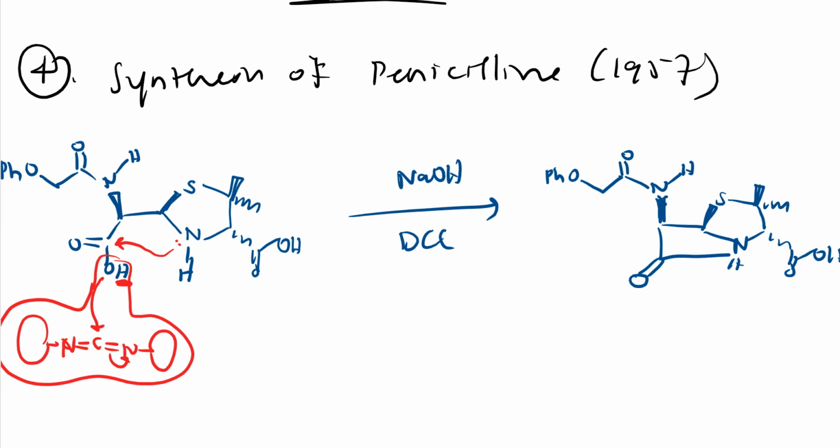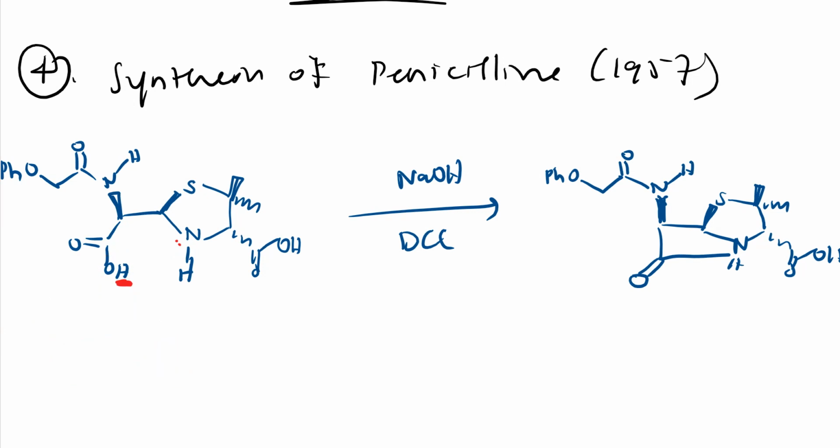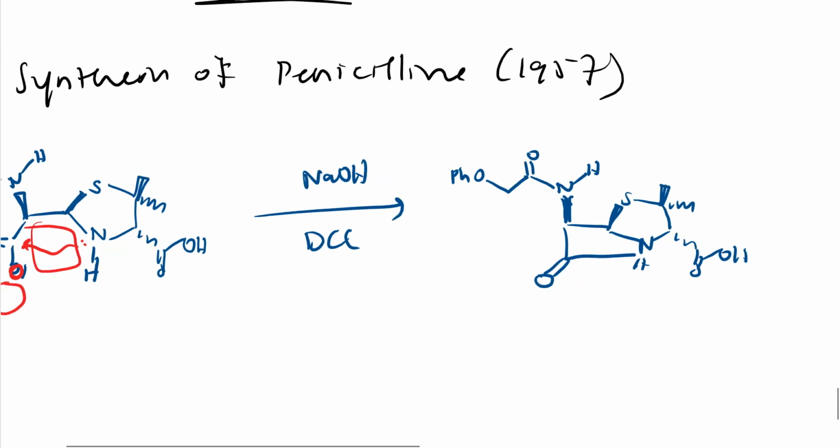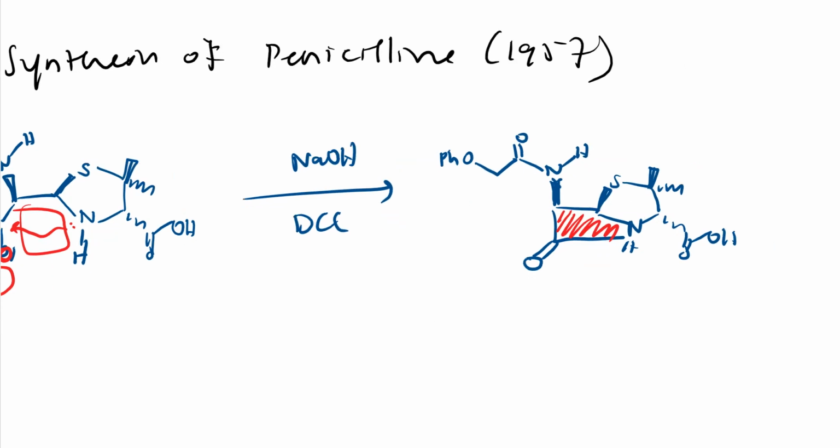Let me remove all those things. So what happened? This oxygen is made a good leaving group, right? Oxygen attached to that system is made a good leaving group. So here it attacks like this. So oxygen left the system, and I will get a cyclic ring. So here cyclic ring formation should happen. See here, this cyclic ring formation happened. So this cyclization was the very difficult step in penicillin synthesis, right? But they were able to synthesize it, right? So this is nothing but my cyclic amide.